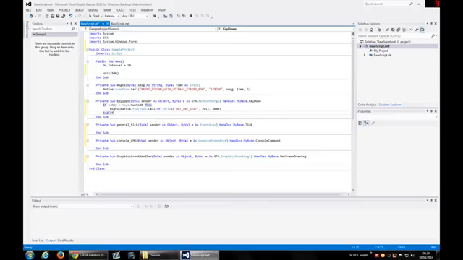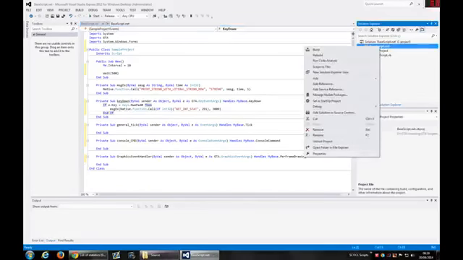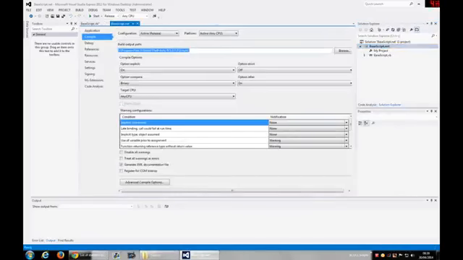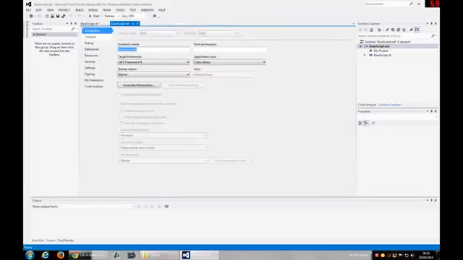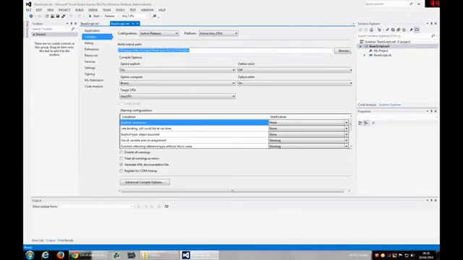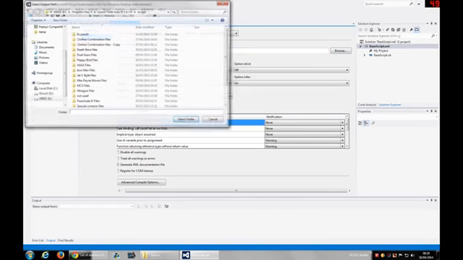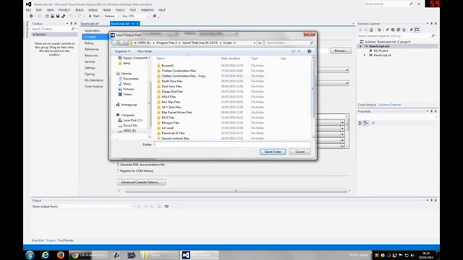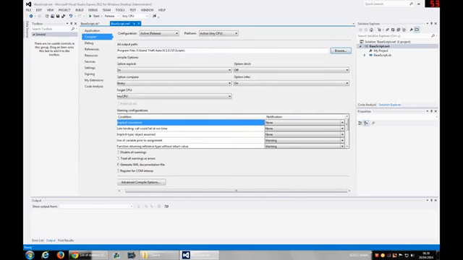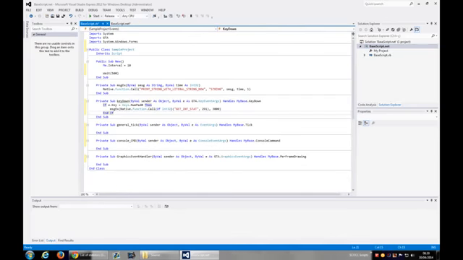So let's test this code here. First of all I will set where my project will be built. I will change it to the folder of my scripts in the GTA, and when I build the project, the script will be placed here, and I just need to reload scripts in the game to test.